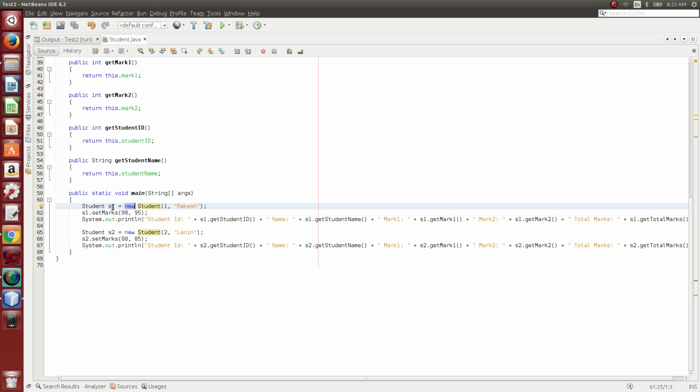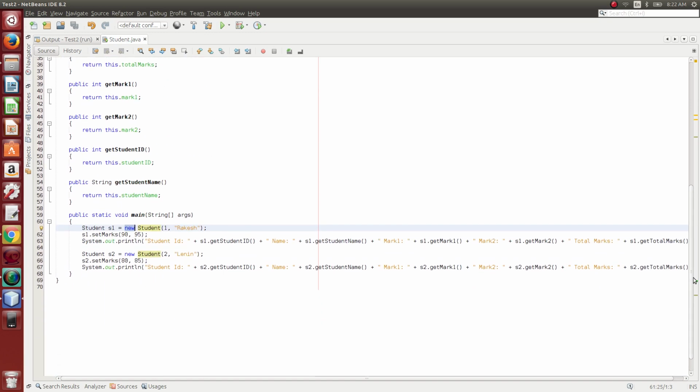Basically we have created a blueprint, Student, but we need an object to process its work independently. So s1 is an object. It has some specific private values, some personal things. s2 is another object. It has some private values and does some personal work, like that.